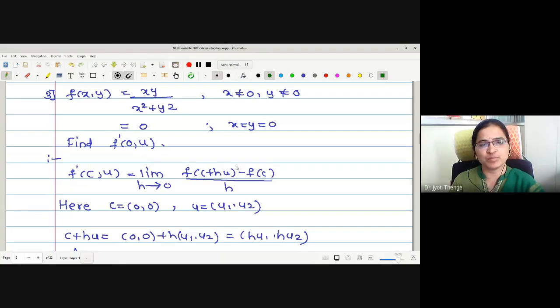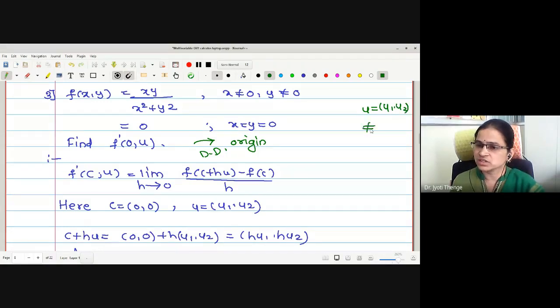Here the first example we have taken is of this type, and it is asked to find out f dash of 0 comma u. F dash of 0 comma u means here we are interested in checking the derivative of the function at the origin, the directional derivative at origin. Okay, and generally whatever is the direction u, we were considering it as u1 u2, and we were considering this